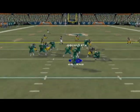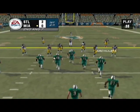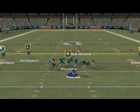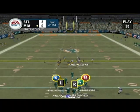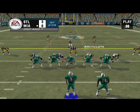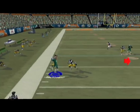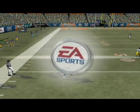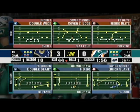Fiedler sets up, cuts it away. The man back. Dropping back, closing in, gets rid of it. Pass ball's incomplete. They need 7. Drops back, throwing. Turns and makes the catch. Watch it here. This is a great call on 3rd down to keep this drive alive. They were in a tough spot here, but this is a heck of a throw and catch to pick up